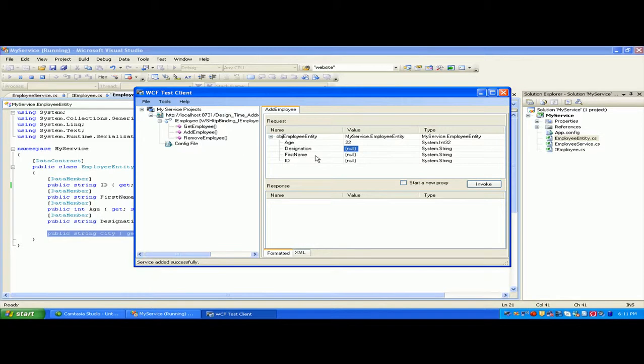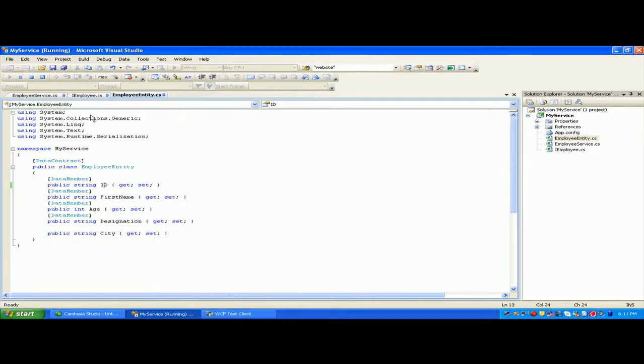Whenever you want to expose the entity of your class, you have to make it a data contract. I think you get this one. Designation I am just giving as a software engineer. First name Dushyant. I am invoking these methods. Okay, it returns me null as this method does not return anything.